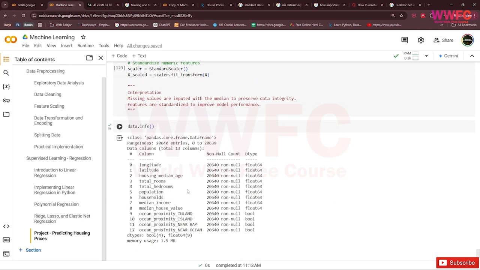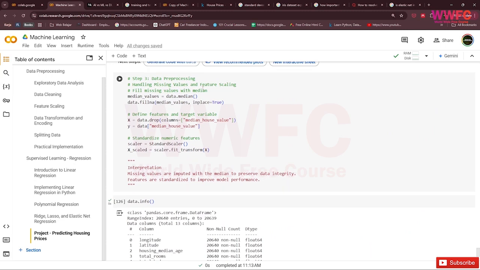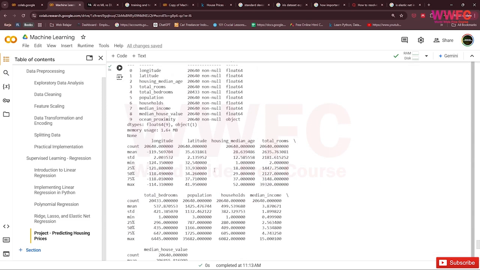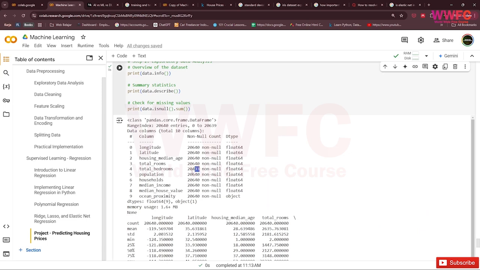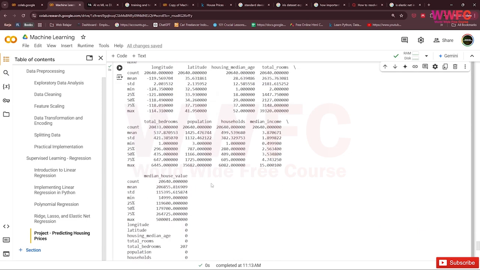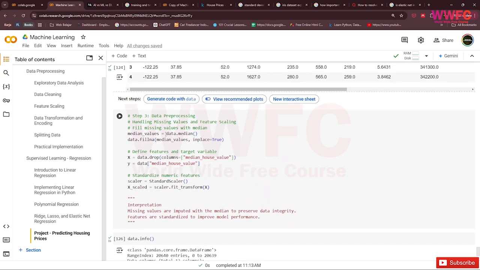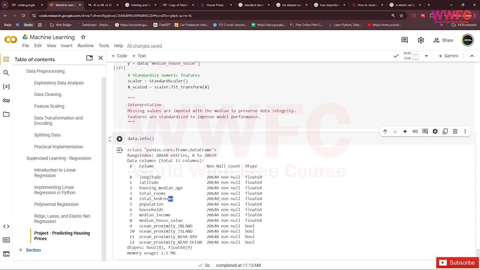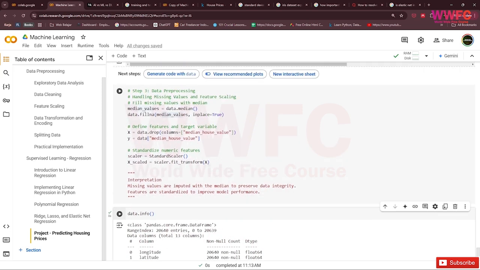So we fill the missing values with the median, and now total bedrooms has 20,640.